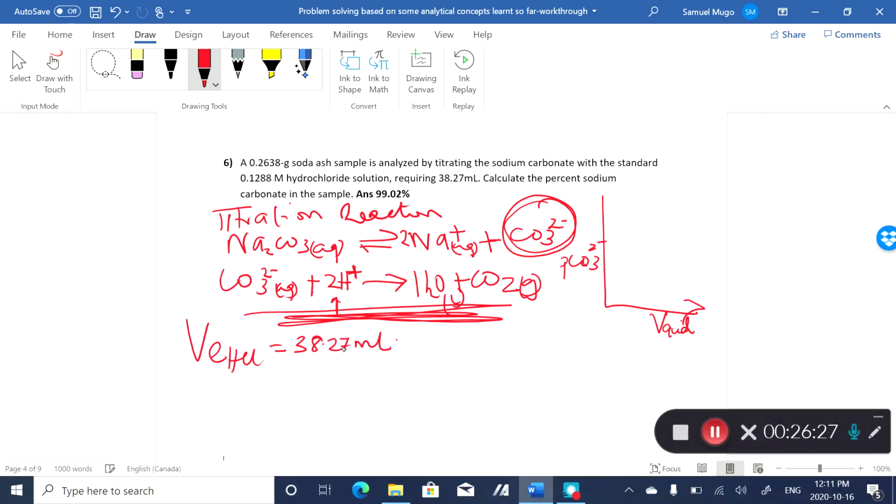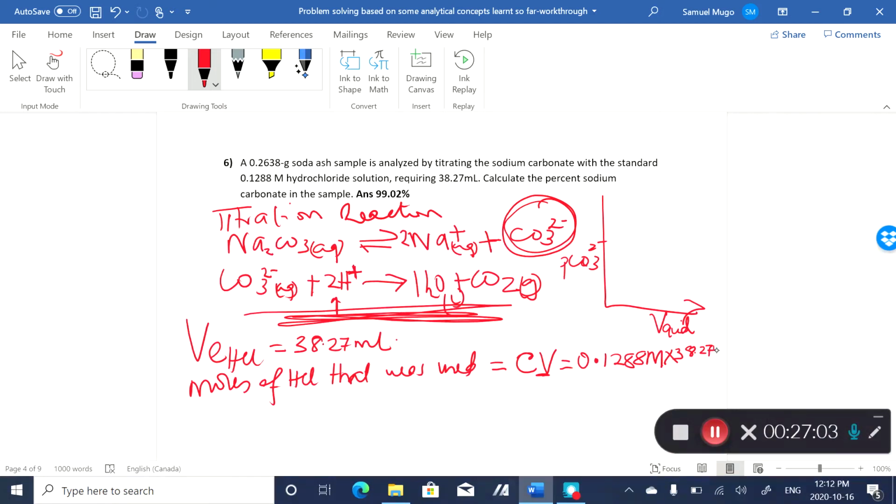And in that case, then we can calculate the moles of HCl that was used, which is going to be equal to CV, that's how you calculate the number of moles. The concentration is already given up there. It's 0.1288 molar concentration. If I multiply it by the volume,